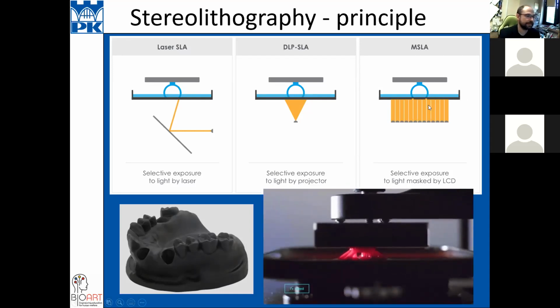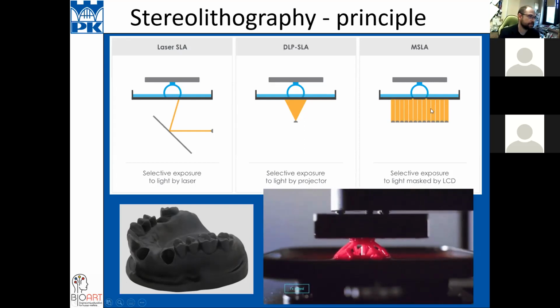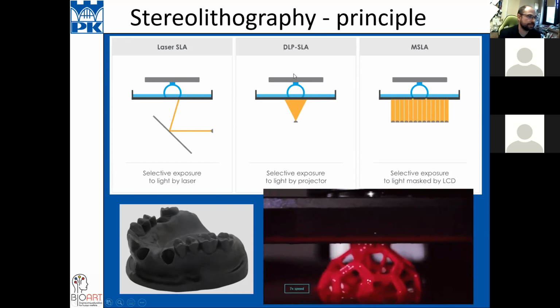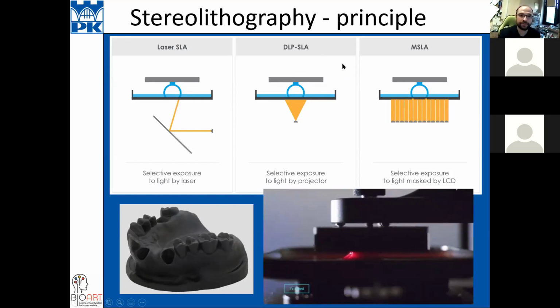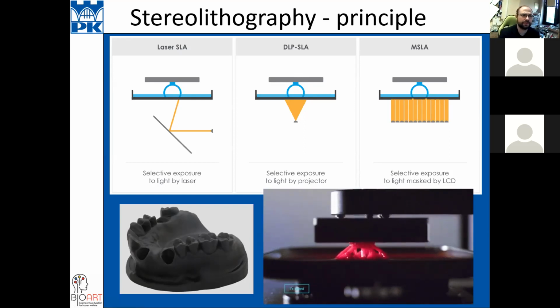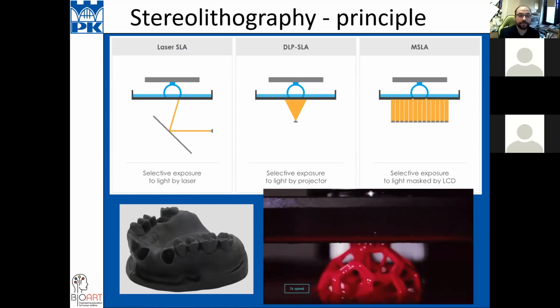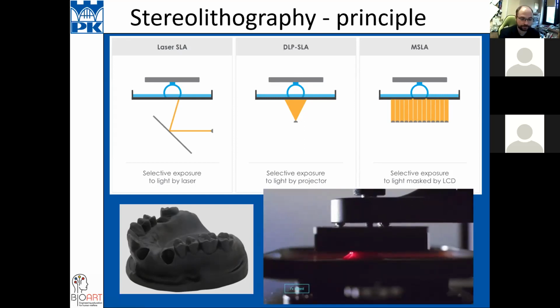This technique is much faster. The speed is similar to this technique, but we don't need any projector or any different kind of devices.